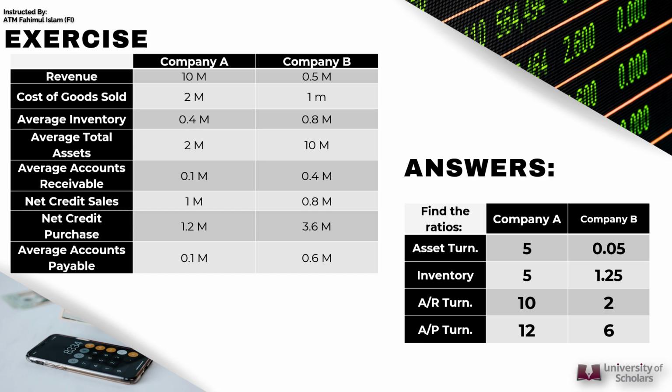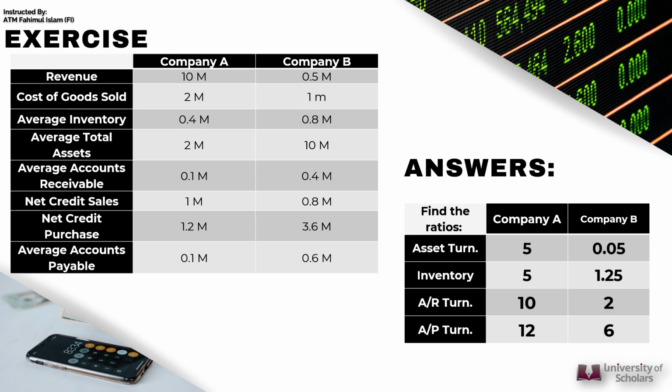A lower asset turnover ratio indicates that company B is not efficiently using its assets to generate revenue, which might be expected for a real estate investment firm, as they typically have a slower turnover of assets compared to retail or manufacturing firms. But if both of them are manufacturing firms, then company A should be accepted, or should be invested in. Similarly, in the inventory turnover ratio, company A has 5 times,